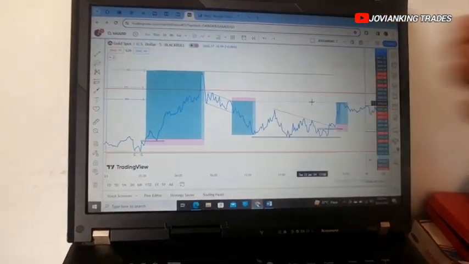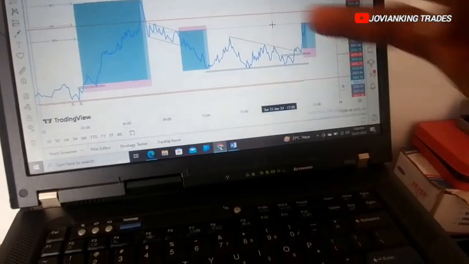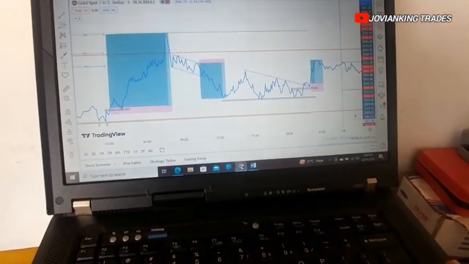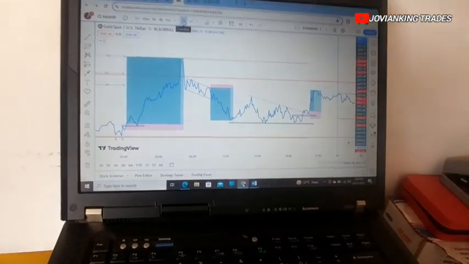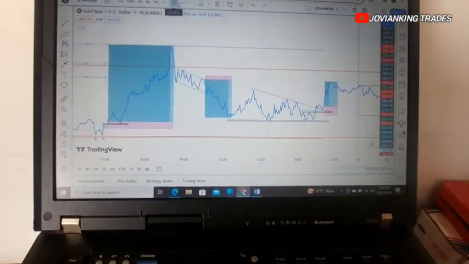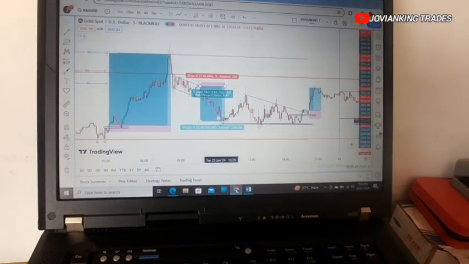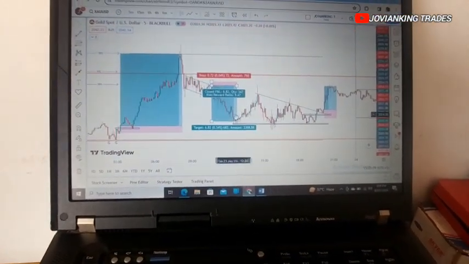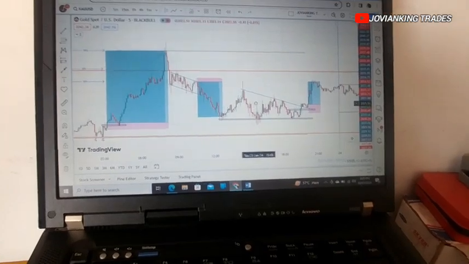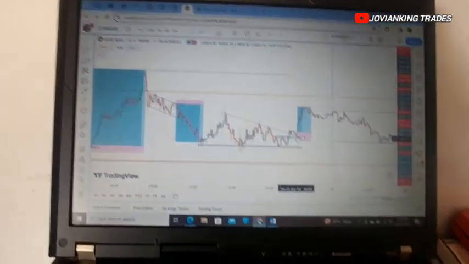So line mode helps me to filter out unnecessary wicks and make my chart look so simple, and I'll be able to spot where I should put more interest on my points of interest. My line mode will help me to spot them very well. So if I switch back to candle, you see that this particular trade, I took this trade, but I closed out somewhere around here. Then later in the evening,